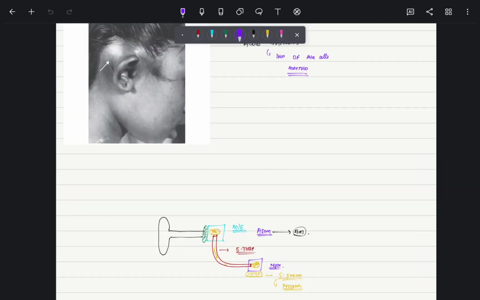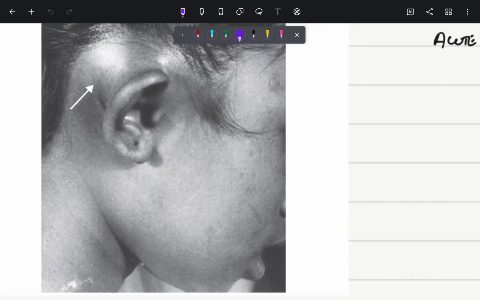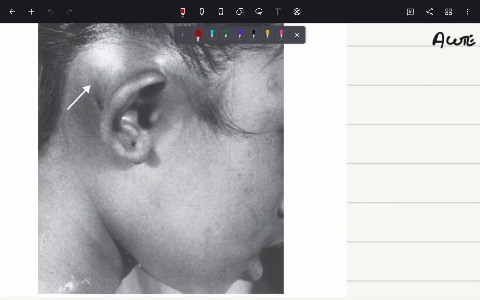We have to see the small diagram here. As you can see here, behind the ear there is a huge bulge, and when you see it, it appears red, smooth and shiny. This is known as your ironing